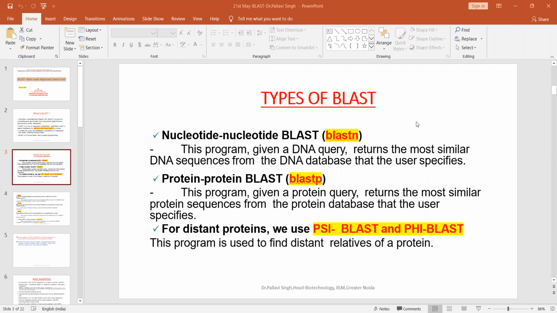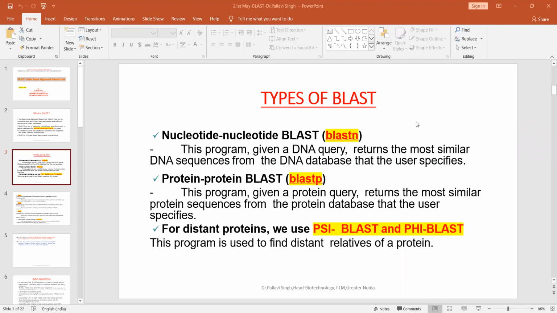There are two ways. Sometimes the query gets translated in 6 frames into a protein. You know that when we go for translation, we take ORFs and we have the translation in 6 frames: +1, +2, +3, -1, -2, and -3, right? When you take the query as such without translation, that is a different kind of BLAST.